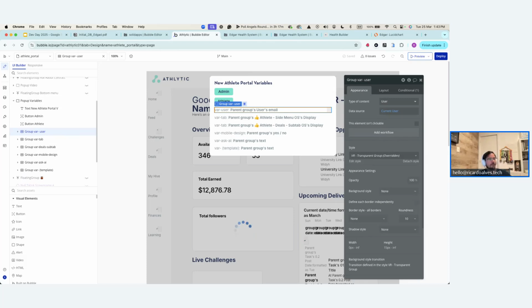The thing with pop-ups is they load all the data even when they are not visible, because other Bubble elements just load data when they are visible. And that's not the case with pop-ups, and I believe not with floating groups as well. But there is no specific reason, look, to use the